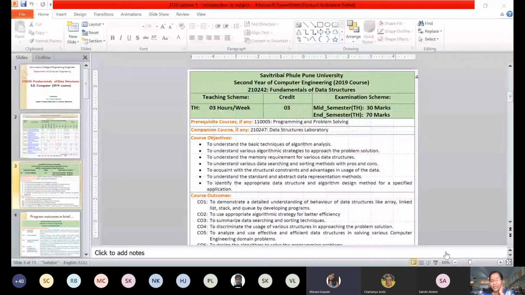See, Microsoft Teams is very flexible. Anyone can mute anybody, and even we can stop the video or start the video of anyone. So please don't mute me at least, otherwise you won't be able to listen to anything, right? So I was talking about searching. Now am I audible?